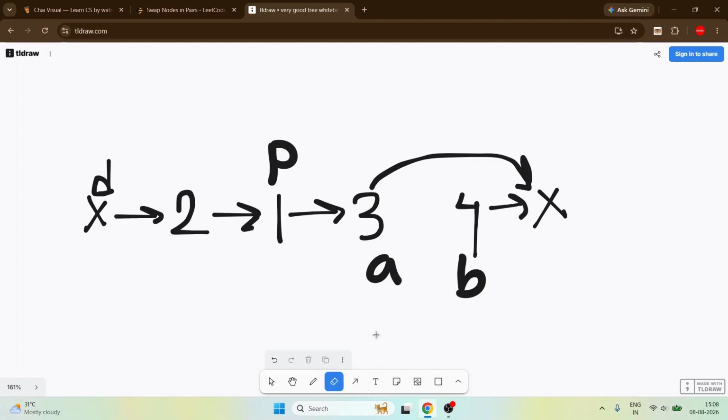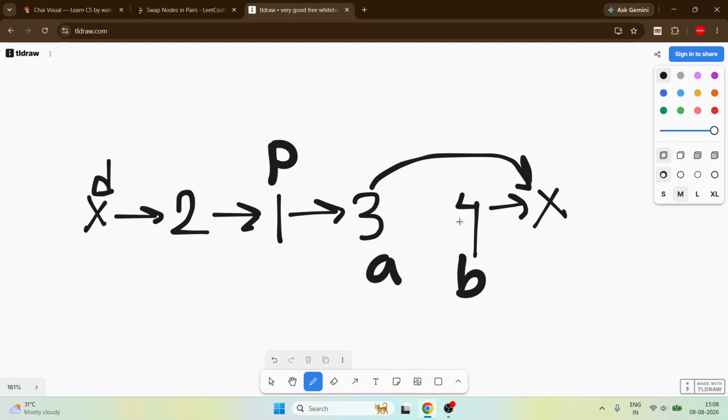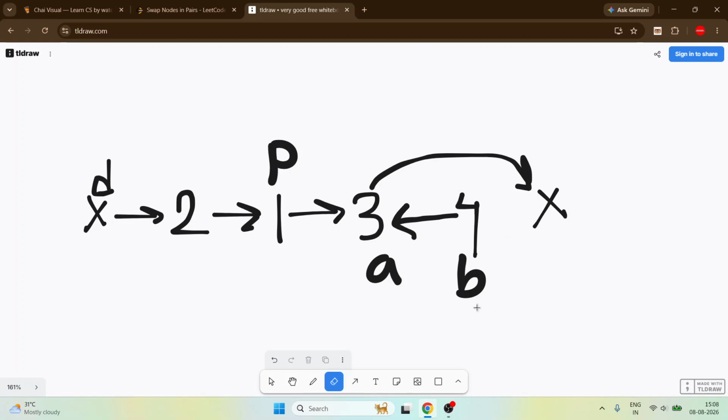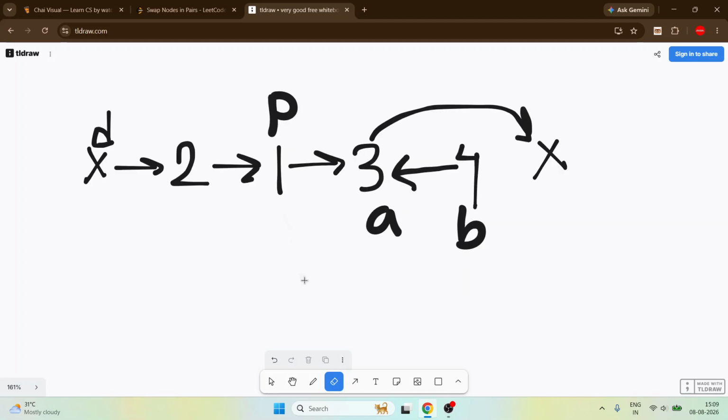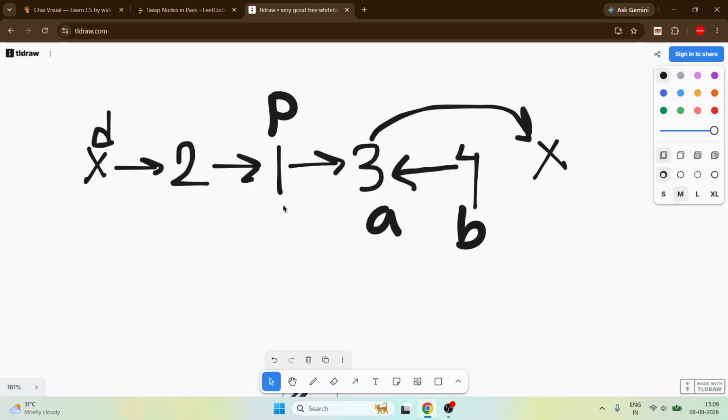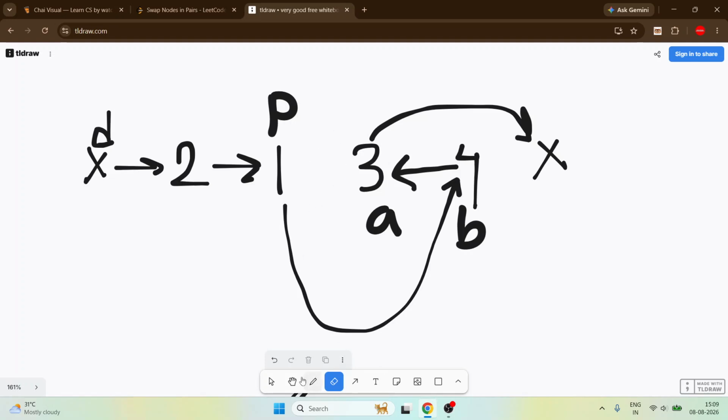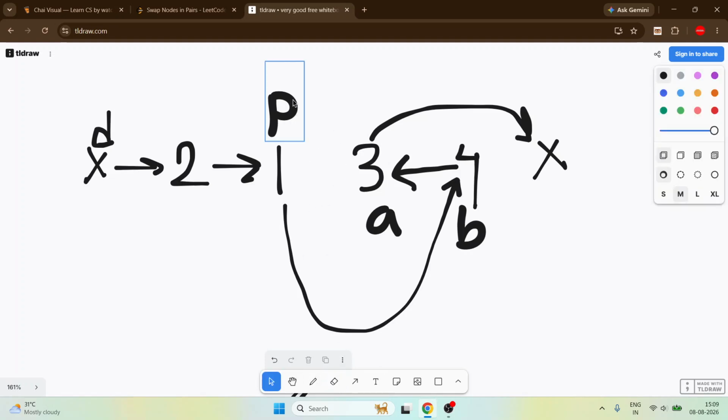We just remove this link. Now this 4 should point to this one, and now remove this link. And now the previous next, this one, the previous next points to this B, and we just remove this node, and now the previous should point to the